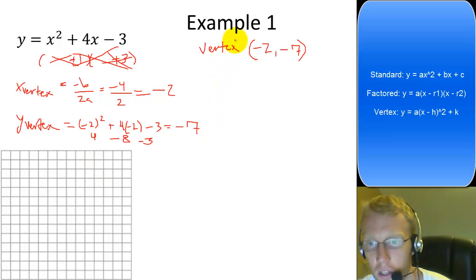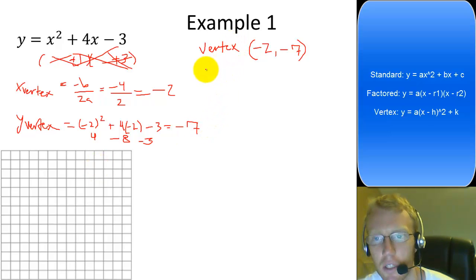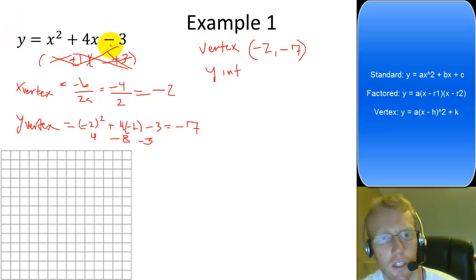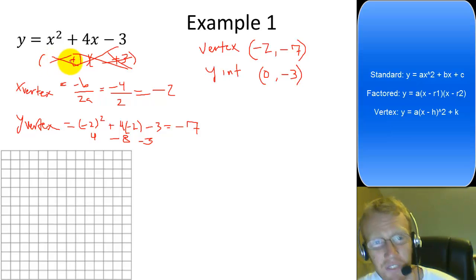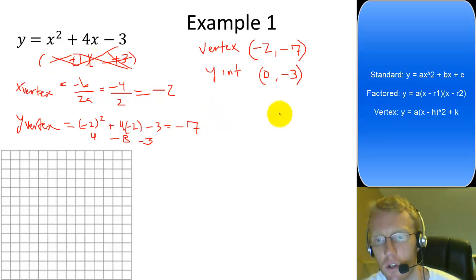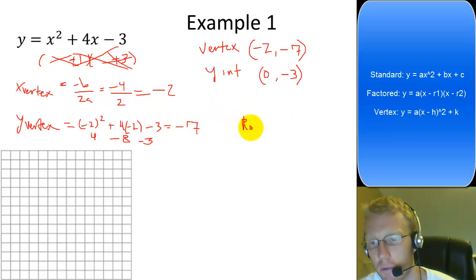So we also want to find the roots and the y-intercept. Well, the y-intercept we can get just by looking at the equation. It's negative 3. So 0, comma, negative 3. And it would be really nice to get those roots. So to get the roots, if factoring does not work, you can use the quadratic formula. So to find the roots,